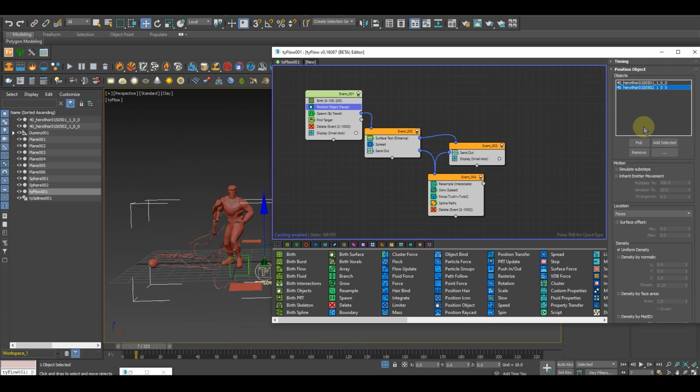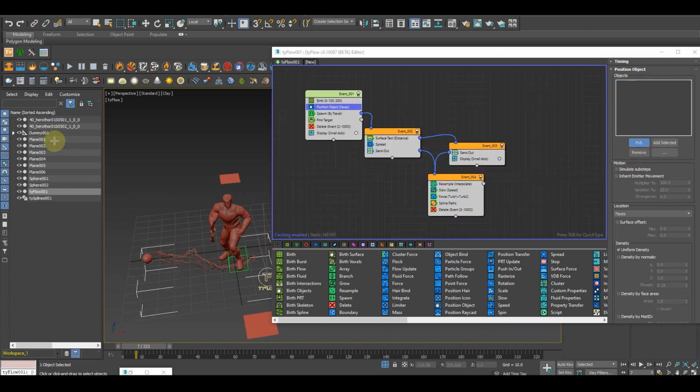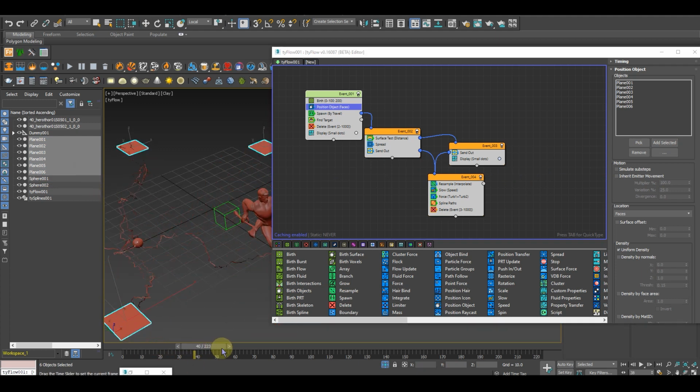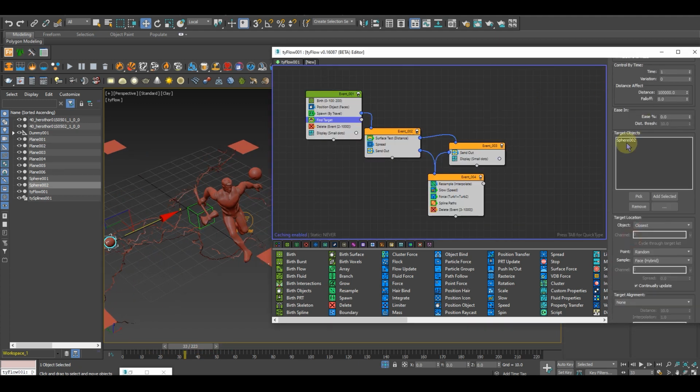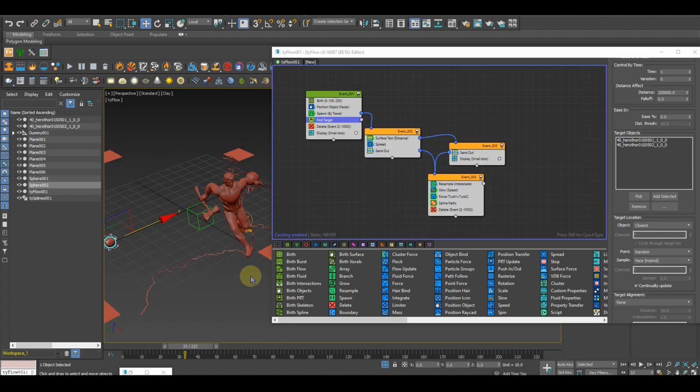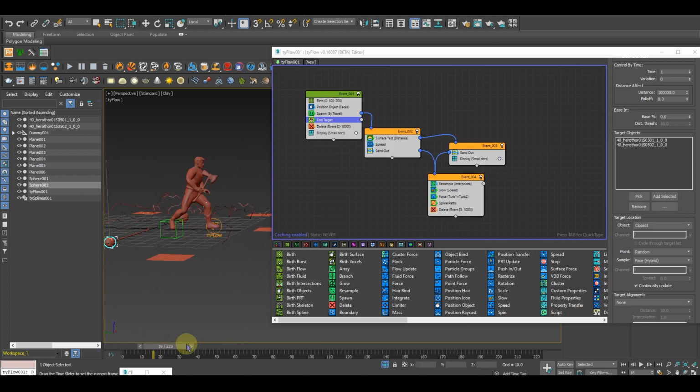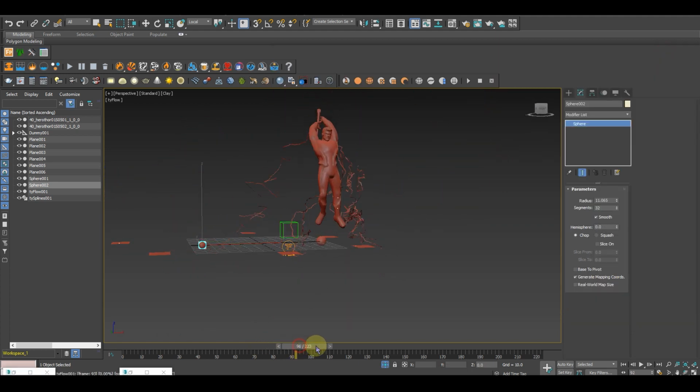So you could just remove them or pick the... just add selected. You will see sparks were written. And in find target, just replace this sphere and pick our character, another part, and what we have is this. So it's like